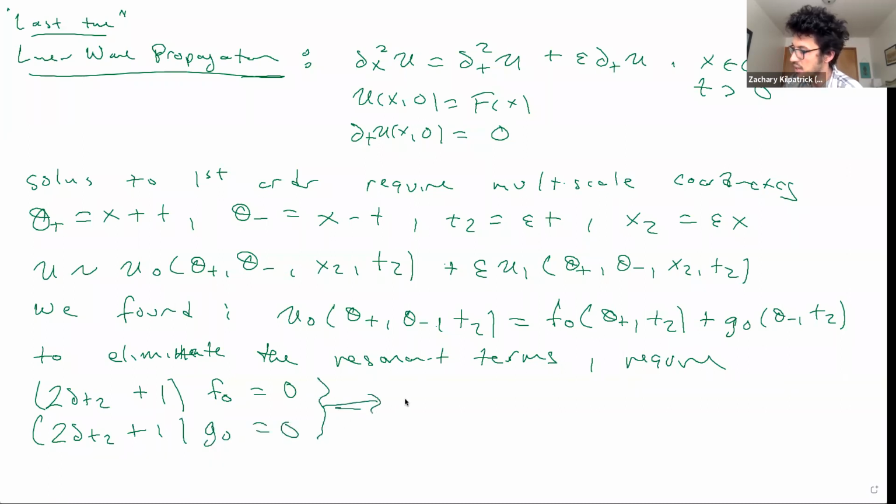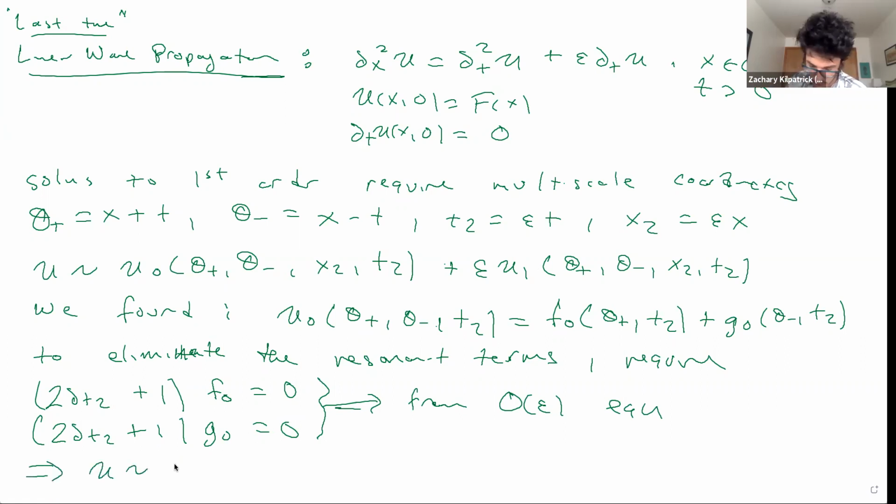And this comes from the order epsilon equation in your hierarchy. By plugging this in, you enforce that you have no resonant terms, and this leads to finally that U is approximated by